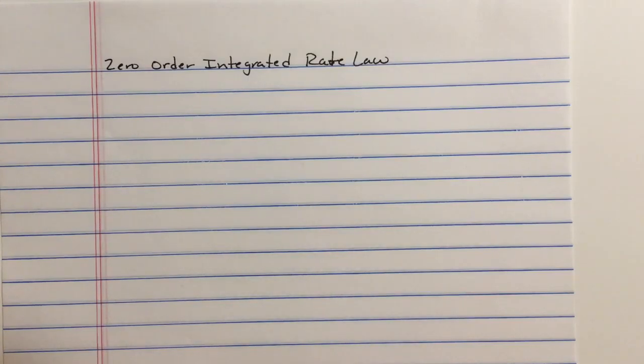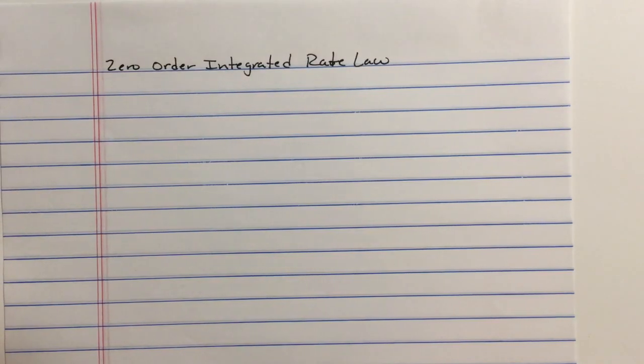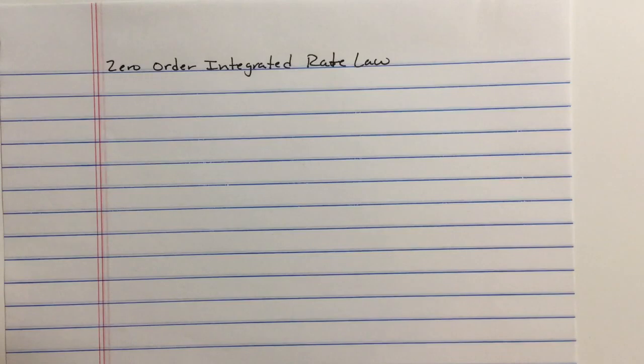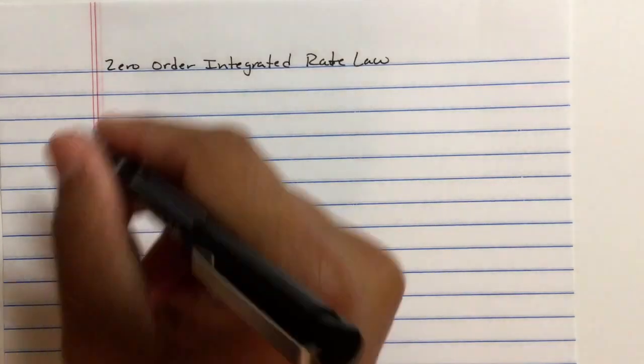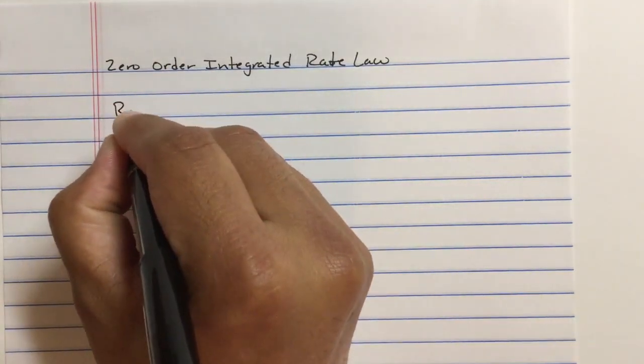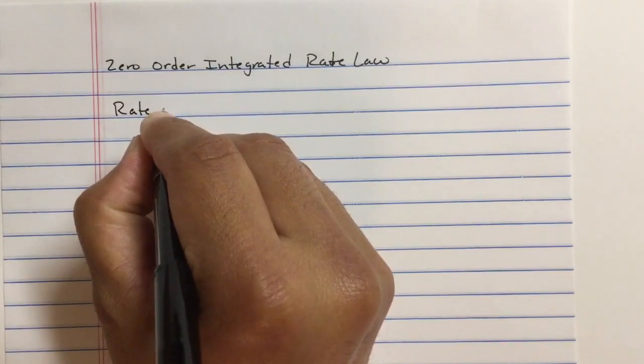Okay, so here I'm going to explain the zero order integrated rate law. Integrated rate laws account for the time in the reaction, so we follow the concentration versus the time. Remember, for zero order rate law, the differential rate law or rate law,